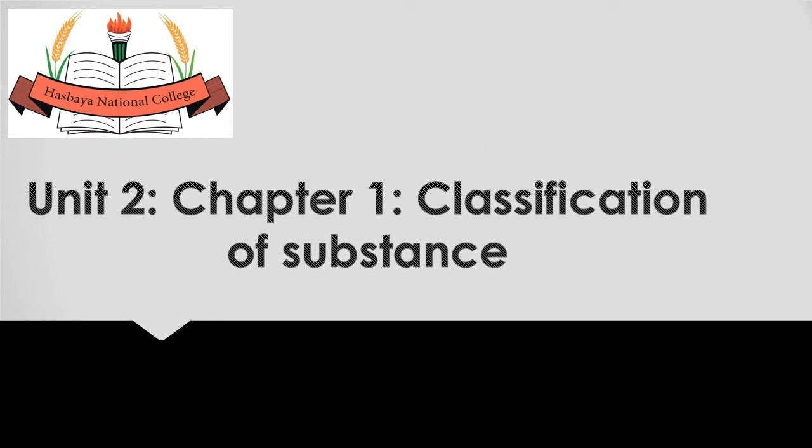Today we will start with Unit 2 in our chemistry book, since Unit 1 is not included. Chapter 1 in Unit 2 is Classification of Substance. The objectives of this lesson are: